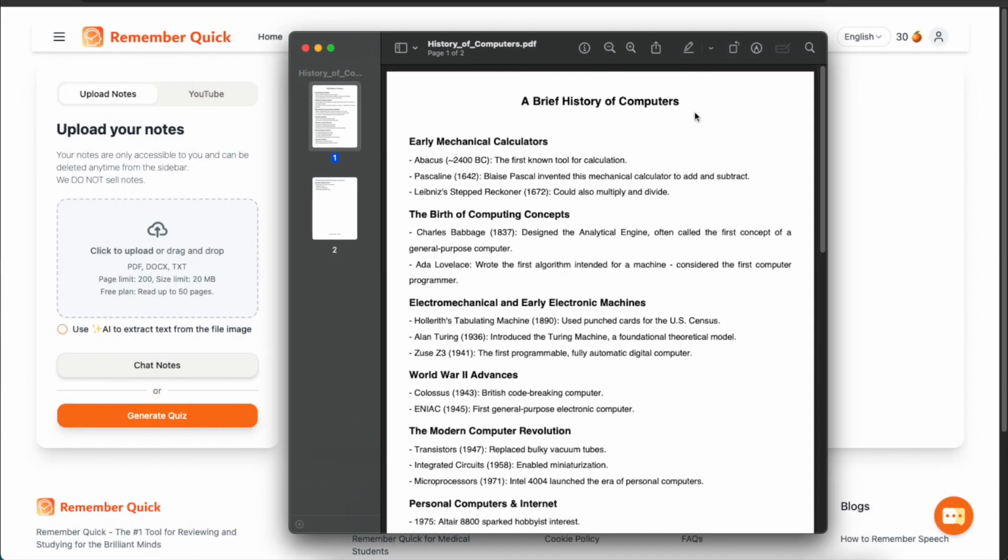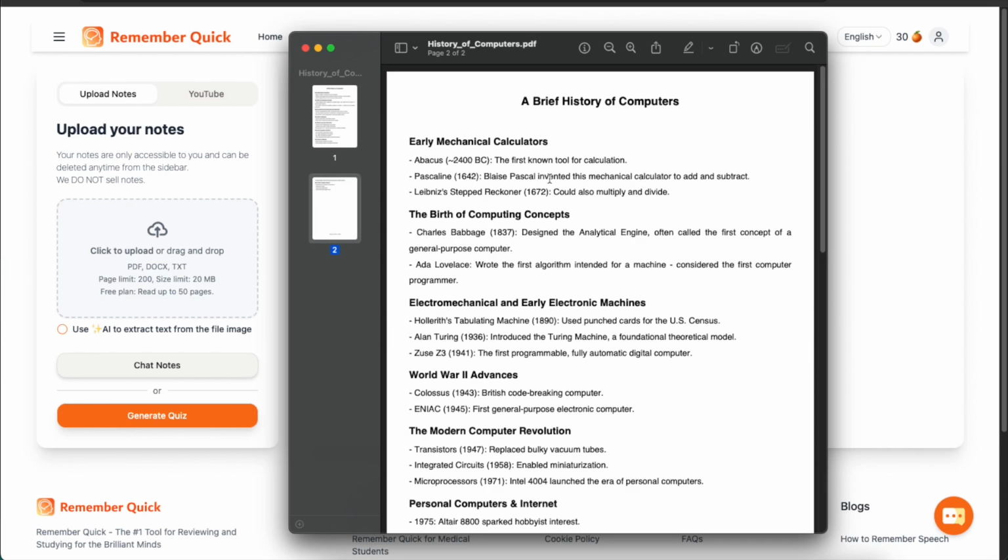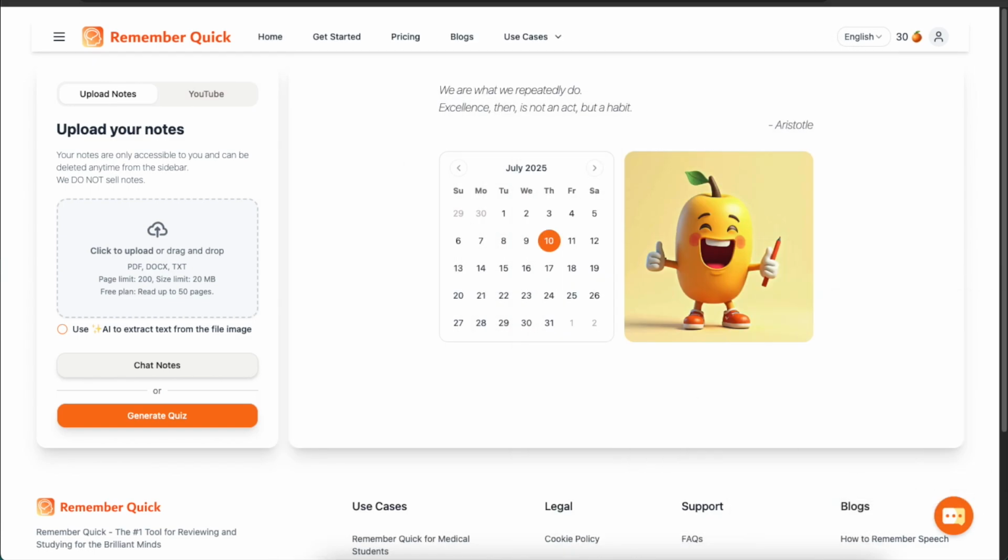Just as an example, here is a PDF that describes the brief history of computers. And obviously this is a short one, but this is just for the demonstration. So what I can now do is turn this text into these quizzes by dragging and dropping the